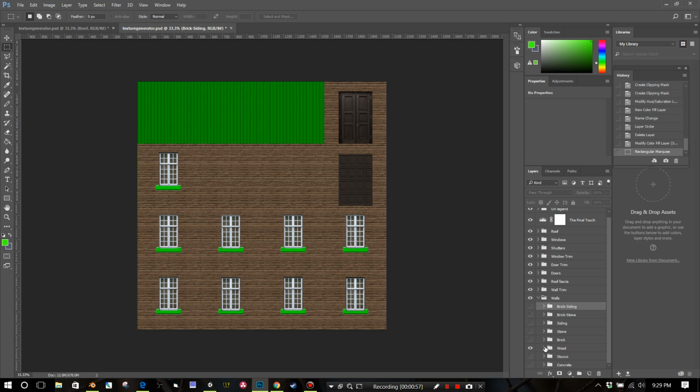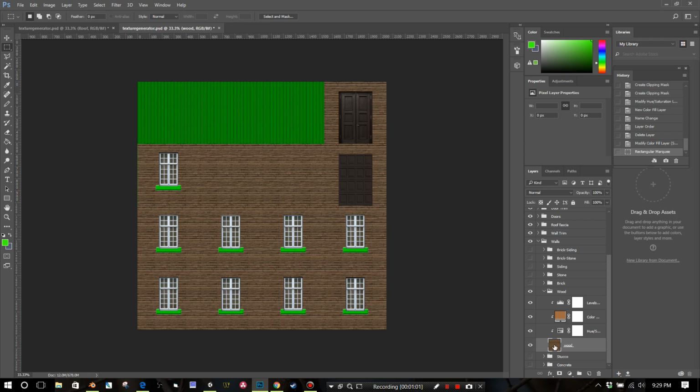In the end, the wood layer, the only thing you're going to have to change, if you don't want this to be wood anymore, is this bottom wood texture, and you're filling the whole screen with it, so it's very simple. You just change this entire wood texture out to something new. And then the way I've got it set up,